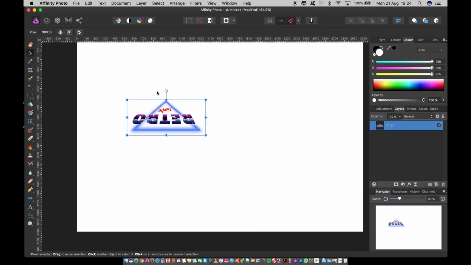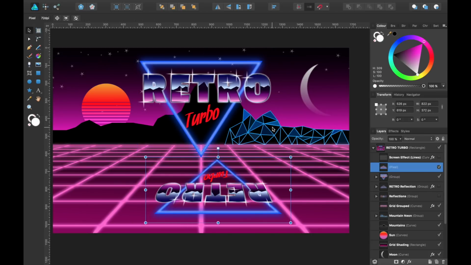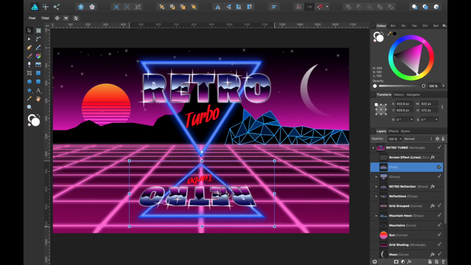So now Command C to copy it, and let's go back over to Affinity Designer. Okay, from here, Command V, and it's copied. So now you can see that it's a perspective as if it's going away from us. So it's going to be a little bit smaller. It's going to be a little bit skewed. So the next thing we want to do is make it look like a reflection. So I'll bring down the opacity.